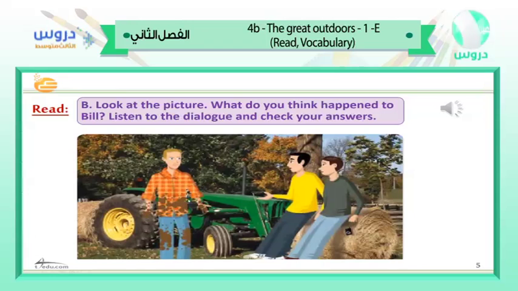You know what? I thought this agri-tourism would be a boring way to spend my time. Me too, but actually it's a good laugh. Yeah. Come on then, we can't waste our time chatting. There's work to be done. But Farmer Ted told us to take a break. Did he? OK, let's take some pictures since we've got some time to kill. But Bill's not here. Where is he, by the way? Here he comes now.